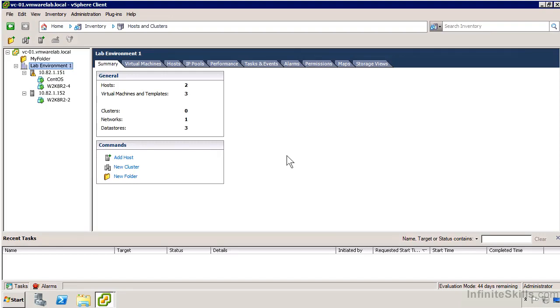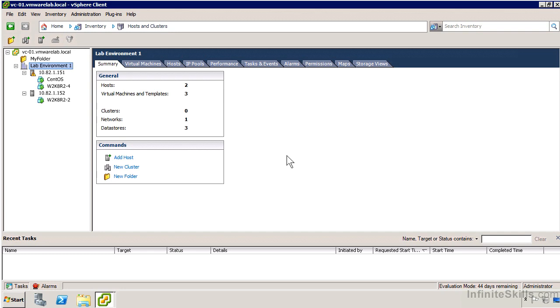In this video, we're going to take our existing configuration where we have two hosts, which are connected to shared storage and which are configured for vMotion. We're actually going to create a distributed resource scheduler cluster, which will automate the process of placing virtual machines when they start. We can determine which node in the cluster should start that virtual machine based on load factors, both